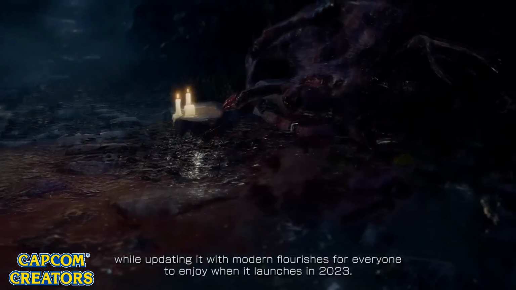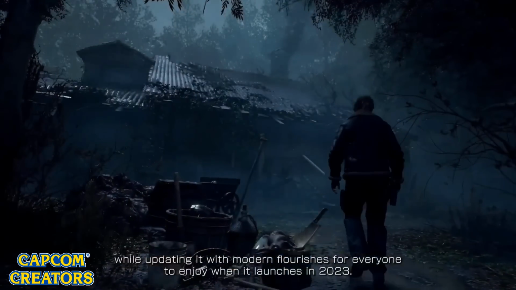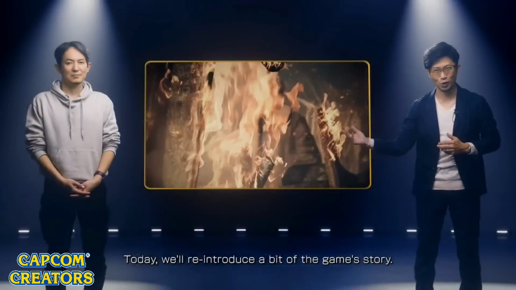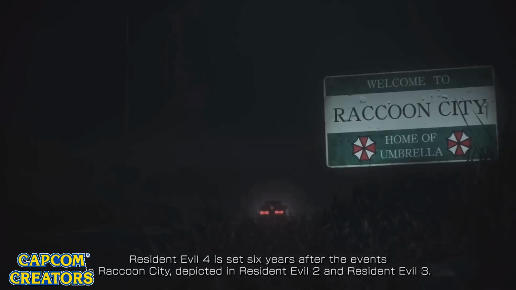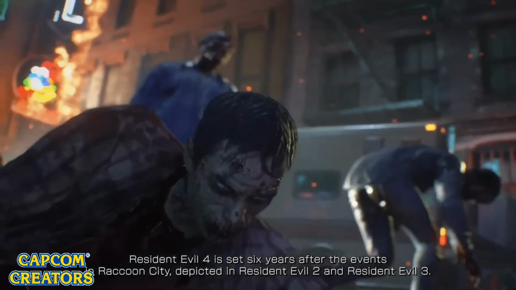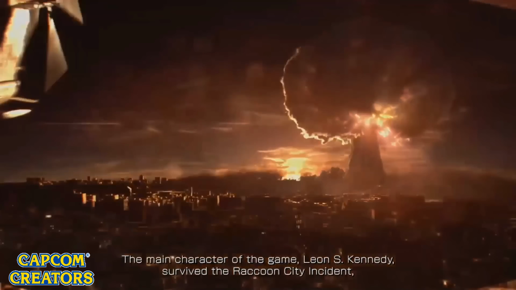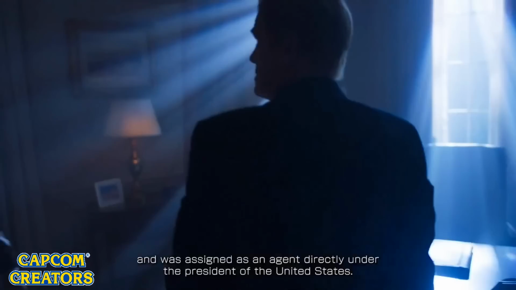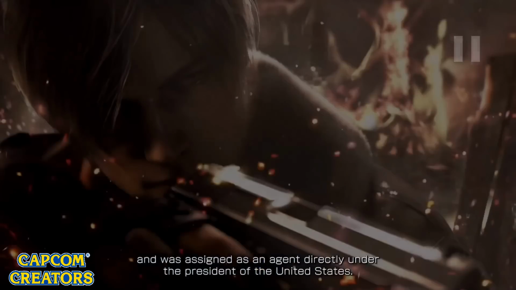While updating it with modern flourishes for everyone to enjoy when it launches in 2023. Today, we'll reintroduce a bit of the game's story. Resident Evil 4 is set 6 years after the events in Raccoon City, depicted in Resident Evil 2 and Resident Evil 3. The main character of the game, Leon S. Kennedy, survived the Raccoon City incident and was assigned as an agent directly under the President of the United States. Leon is dispatched to acquire...